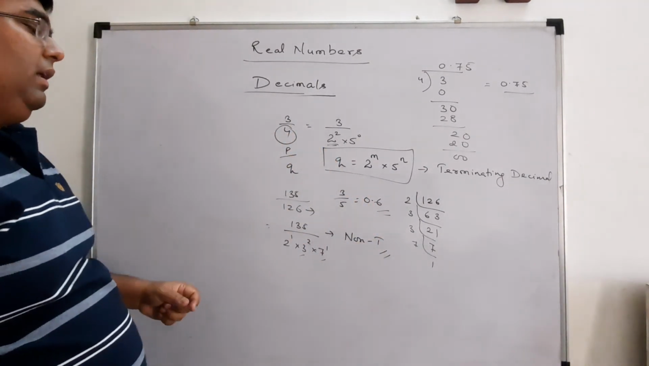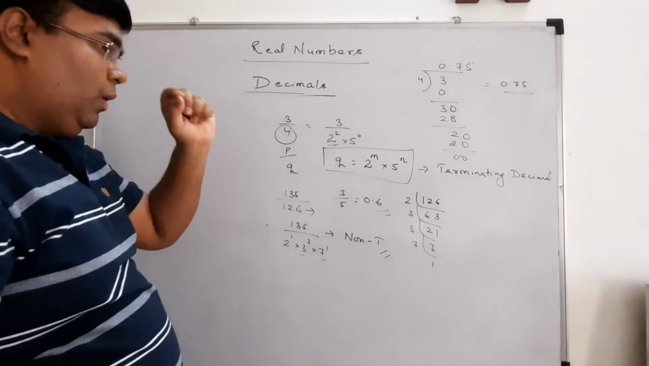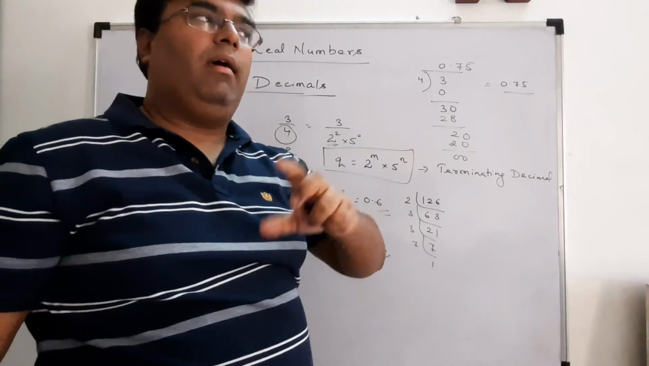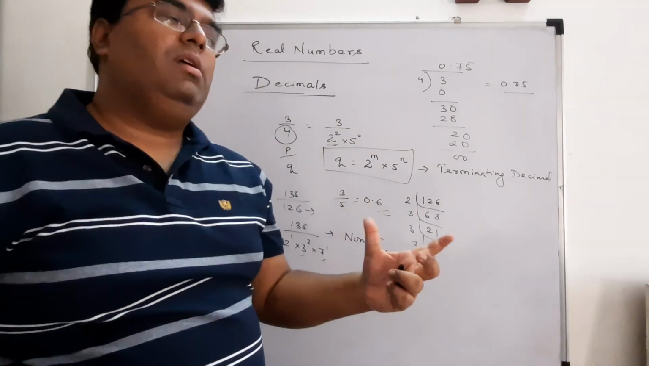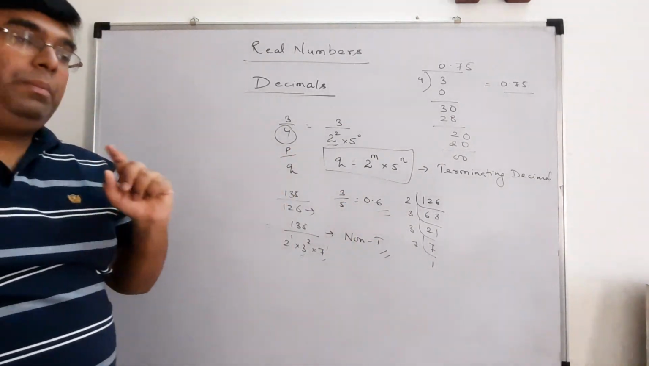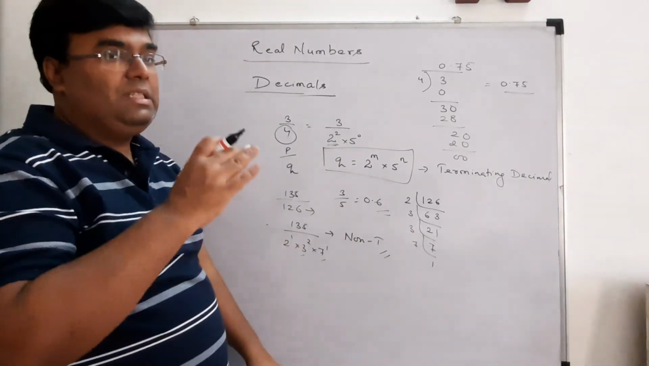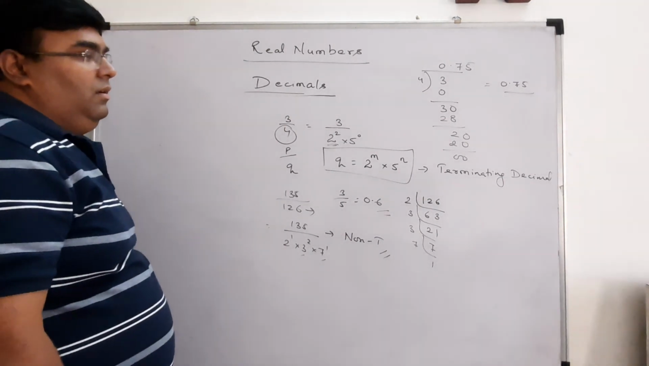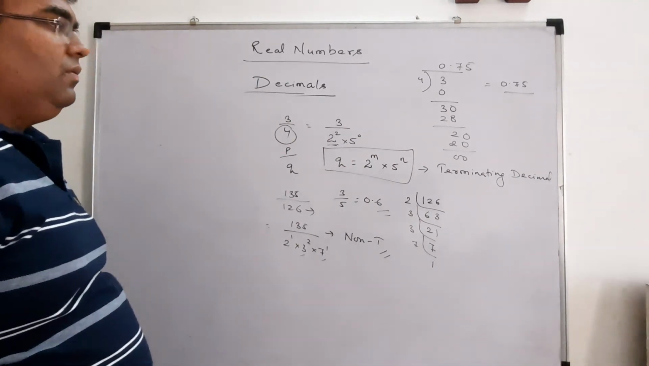And non-terminating, non-repeating is irrational. So by looking at the decimals, you can say whether it is rational or irrational. If it is a terminating decimal, definitely it is rational. If it is non-terminating, then look at whether it is repeating or not repeating. If it is repeating, it is rational. If it is not repeating, it is irrational. Clear? This question definitely comes in the board exam, 1 mark, 2 mark,